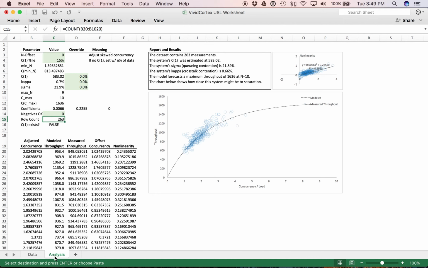So back to the analysis tab. This one has about the same number of rows of data, 263. I pulled it off of the same chart. I actually pulled this out of an API call, so I pulled the JSON out and transformed it into CSV data. A couple of things to notice. Whereas before the